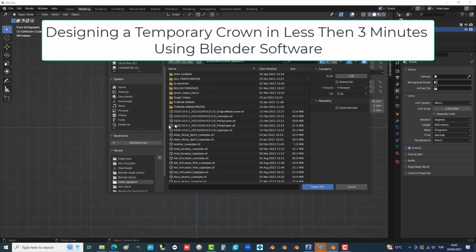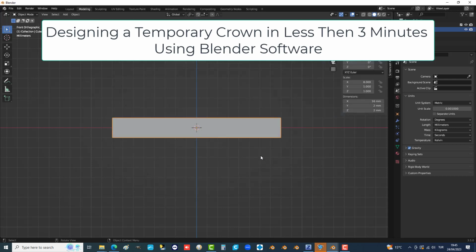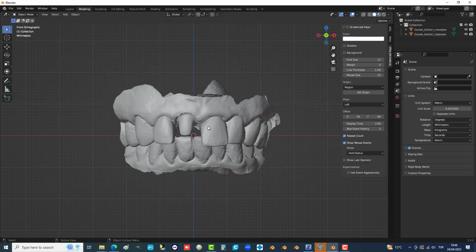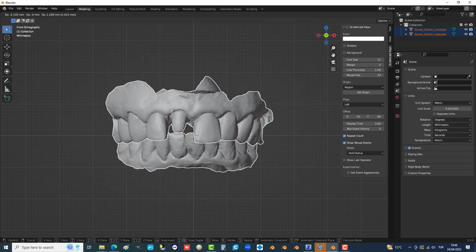Hi, I'm Dr. Osman. Designing a temporary crown with Blender software can offer several benefits including accuracy, speed, customization, cost-effectiveness,